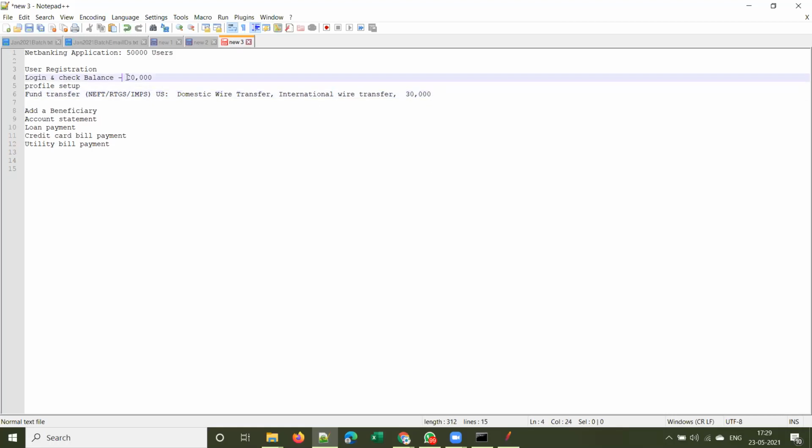Then we have to run this fund transfer script with 30,000 users. We have to simulate the real-time users when doing performance testing for an application. We'll come to this later.